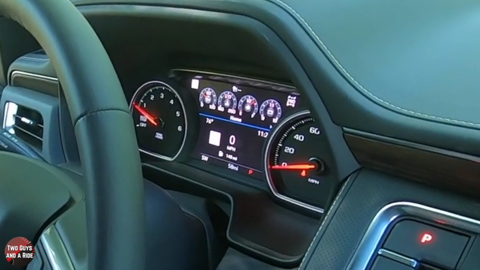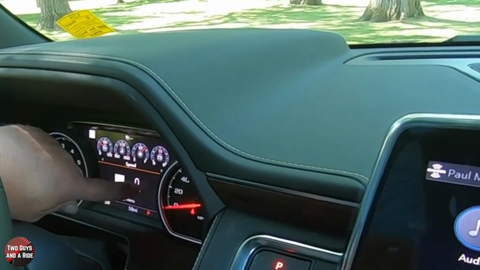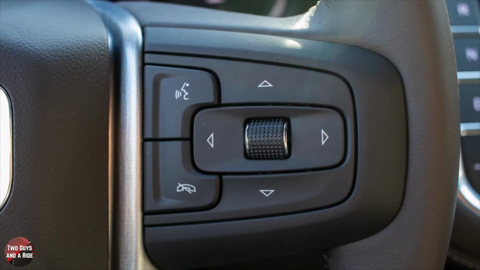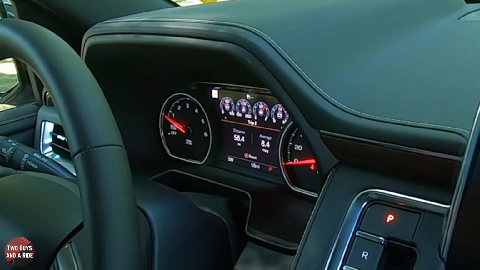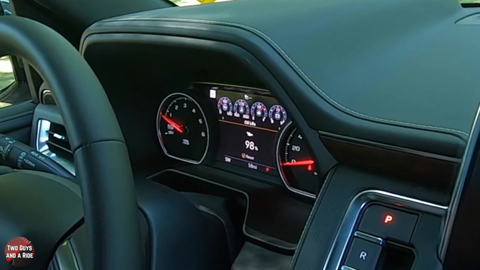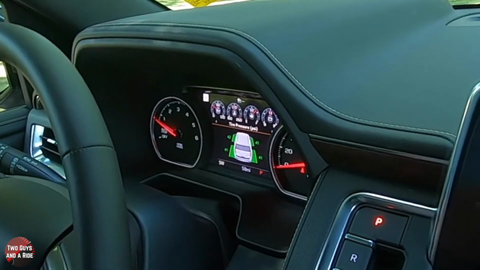Use the right button to go to the next page. All right, here you'll notice there's a line with a little white dash. This means there's more down here. So if I rotate this wheel, we're going to go from here to here. You got your distance and your average miles per gallon. You've got distance to empty. You got your oil life. You got your tire pressure monitor,